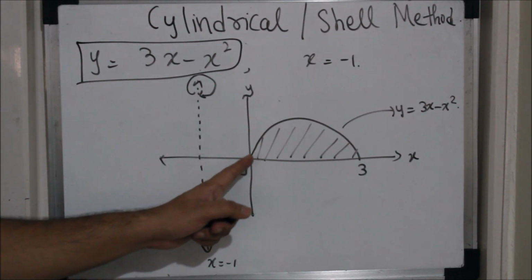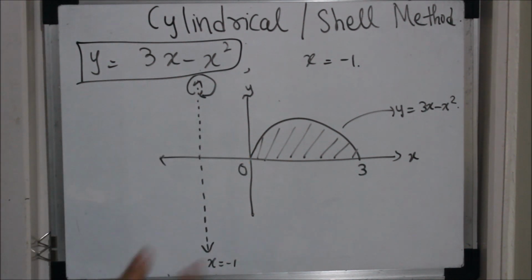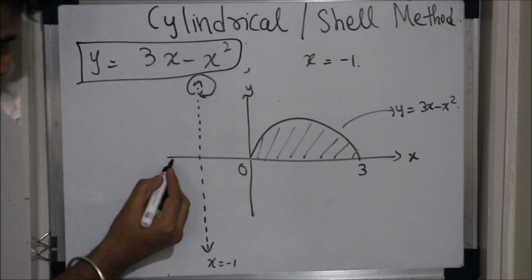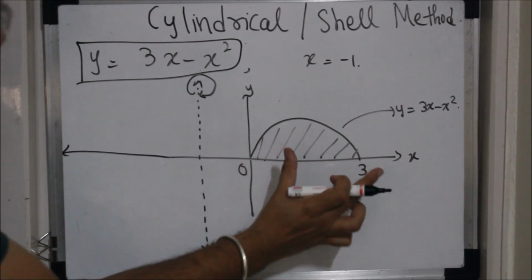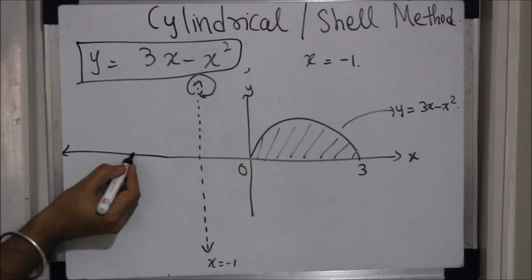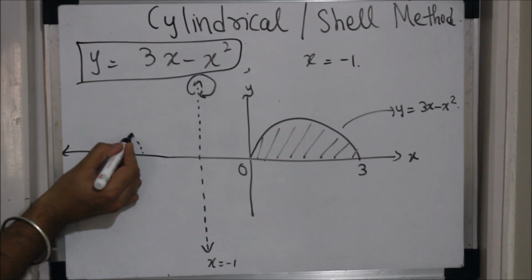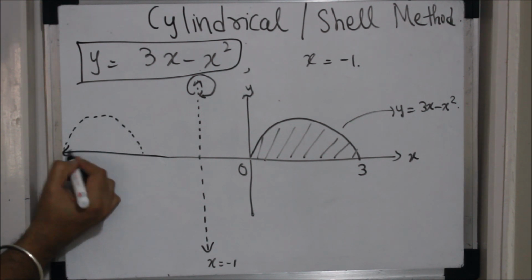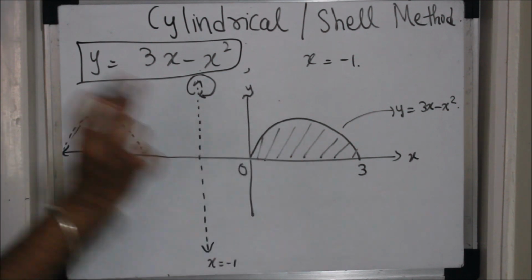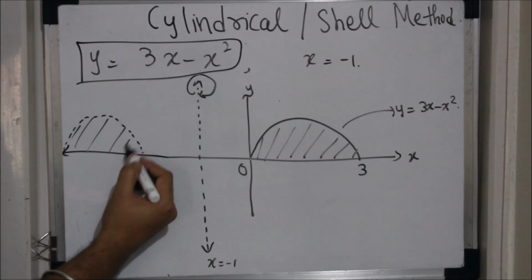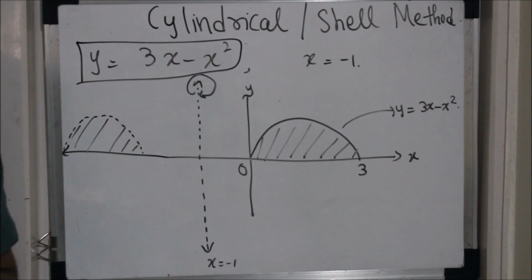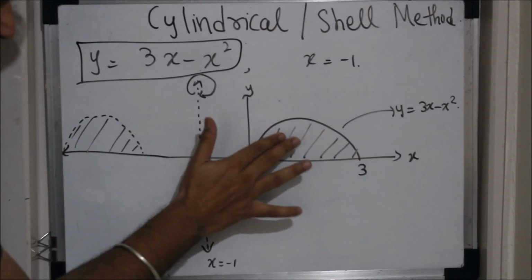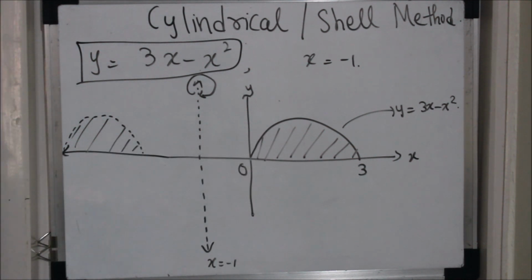Now if I want to revolve this along the line x equal to minus 1, this region will revolve around this line. If I draw its replica over here, this is the replica, so this is how it is revolving. Now I want to find the volume of this surface. As you can see, there is a gap between the axis of rotation and the region. So if you recall my previous lecture, we have to use the washer method and not the disk method.